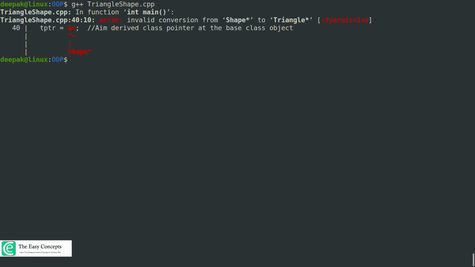So what is the reason behind that? The reason is very simple. Here we can understand that a triangle is a 2D shape, but a 2D shape is not a triangle. And that's why the compiler is preventing us from this assignment. You cannot point a derived class pointer at a base class object, right? Otherwise, what will happen? You will try to access all the base class member functions from the derived classes, right? So the compiler doesn't allow this. You can try to find out some more interesting facts and reasons about this and tell me in the comments why the compiler does not allow this.